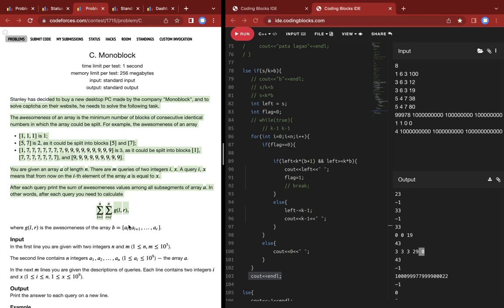The awesomeness of an array is the minimum number of blocks of consecutive identical numbers in which the array could be split. Minimum number of blocks of consecutive identical numbers. Example, the awesomeness of an array 1 is 1, 5 7 is 2, it could be split in blocks 5 7 is 3 as it could be split in blocks 1 and so on. You're given an array of n, and there are n queries of 2 integers. Query i x means that from now